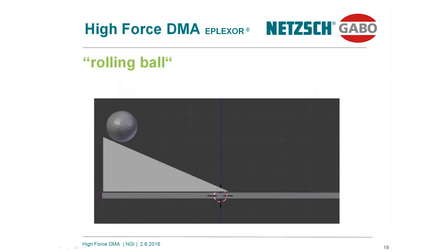With the same material, I can think of performing a different test. This is a ramp, and a nice jumping ball is put on the ramp. We let it go down the ramp, and a nice rolling process starts. The rolling resistance of this material would be very low. The ball is rolling nicely. Completely different behavior has to be expected in case we are using the second material. Same ramp, same height, let the ball go down, and it stops after a while. Here the rolling resistance is much higher,